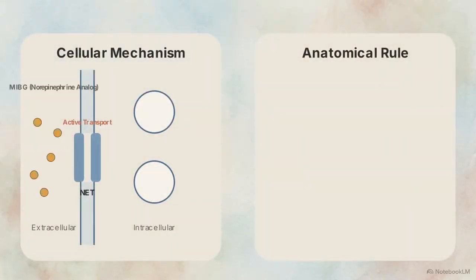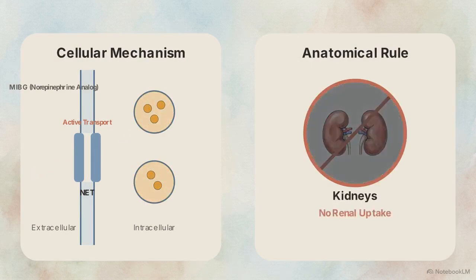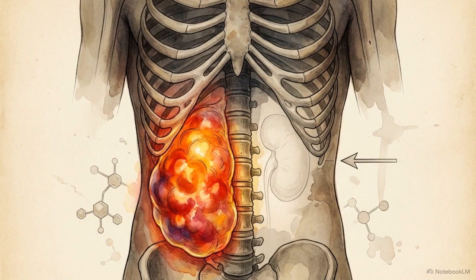MIBG is a norepinephrine analog. It enters the cell via active transport and is packaged into internal storage vesicles. The absolute rule for MIBG is that it does not naturally accumulate in the kidneys. This mechanical blind spot is what makes MIBG viable for detecting neuroblastomas. A localized hot mass sitting next to a cold kidney is clearly distinguishable, but we must also account for the